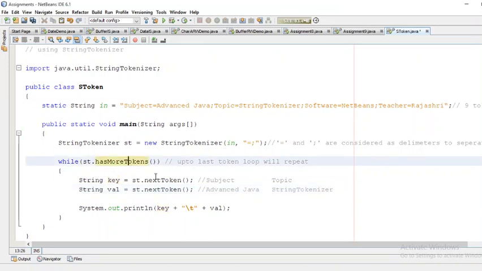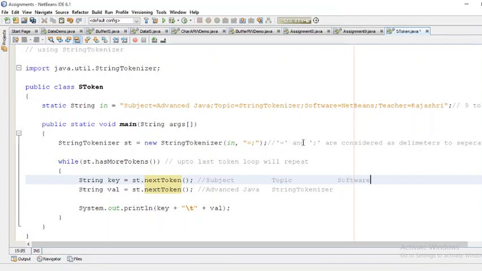Again the condition is true. It will read the next token, and the next token is software. So our key will now be software, up to equal to, up to the delimiter. Whatever string is there is considered as a token.